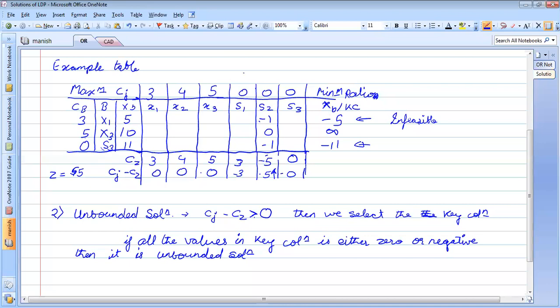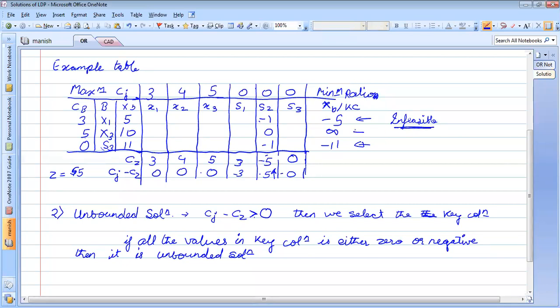If I replace S2 by S3, then the answer of my XB will be minus 11, which will make my problem infeasible, since all the values x1, x2, x3, s1, s2, s3 should be greater than or equal to 0. We have already got a non-negativity constraint. That means this will become negative and that is not feasible. So if I select this value or this value, my problem becomes infeasible, correct?